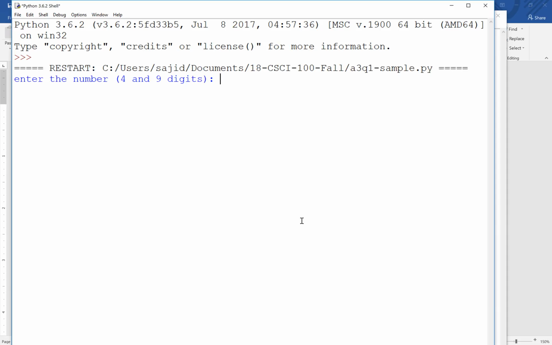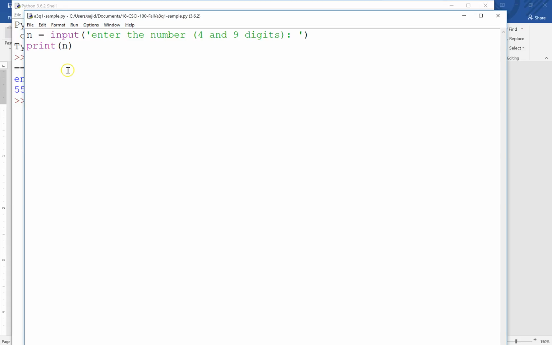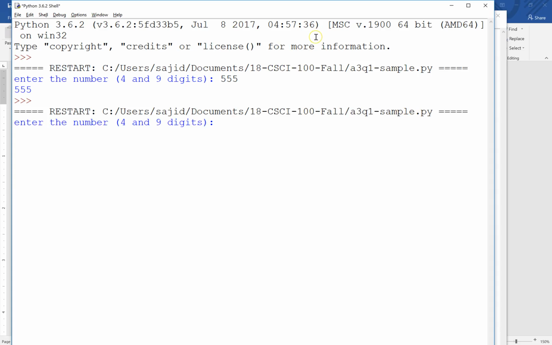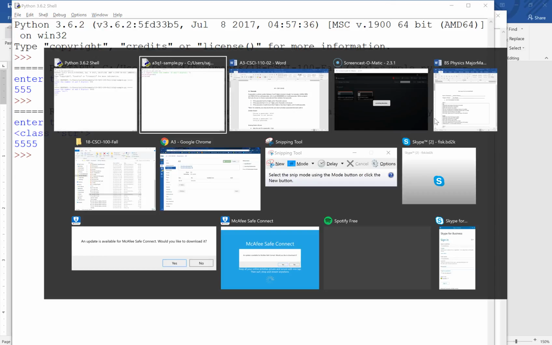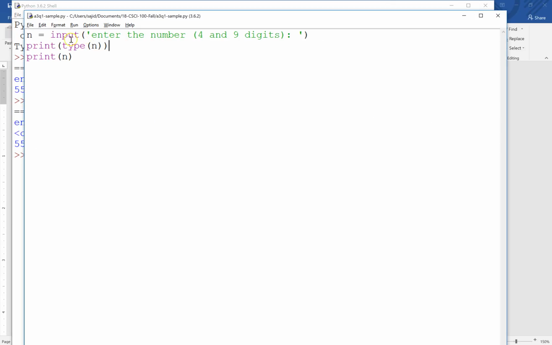and enter a number, let's say 555, although we have got the input, it is not a number, it is a string. To make it an integer, we have to put int. For example, if I want to print its type, print type of n, and I run my code, I say 555, it says the type is string. So we need to convert it to an integer. So if I place int here,